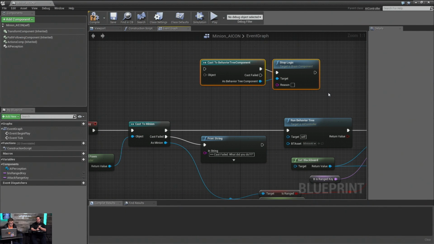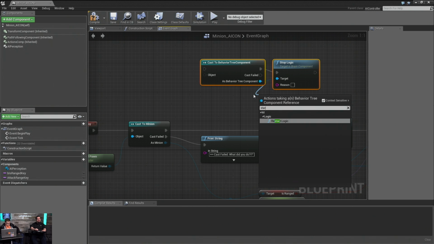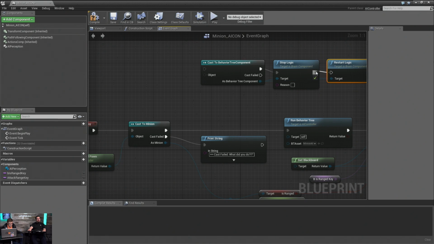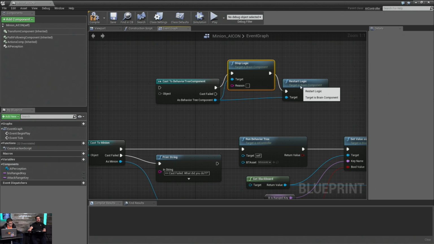Alan Willard is working on something really crazy and doing some minor AI stuff. He wanted something to die. Unfortunately, if something dies, the AI still processes and still wants to move. You can kill your logic and it'll immediately stop everything that's going on. It'll stop executing nodes, so if you're stuck in a move 2, we stop our move 2s. It'll stop processing the behavior tree itself. It locks on a node because it's more like pause logic. But I don't believe there's a start logic. There might be, hold on. Yeah, restart logic. So stop logic is more like pause logic. You could then delay for a second and go again.